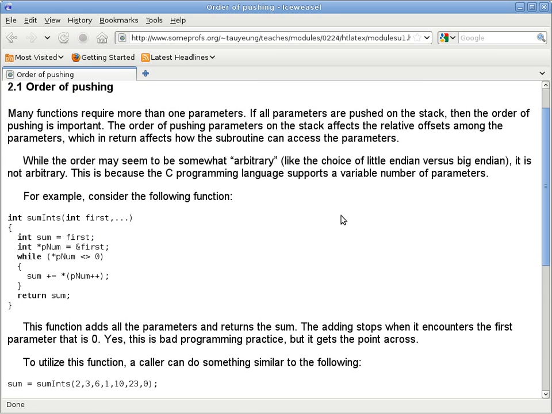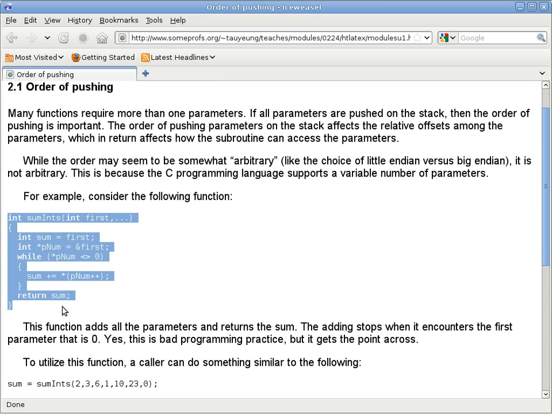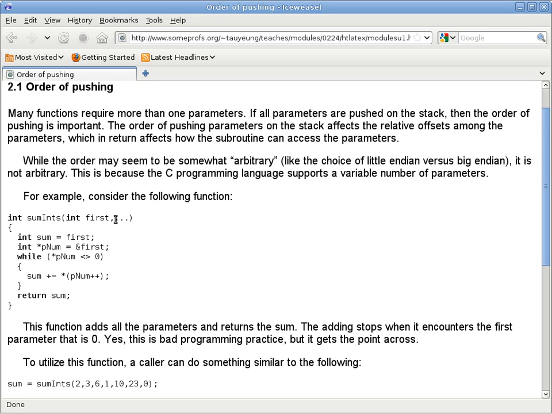And so what we'll do is talk about how to push arguments on the stack so you can pass arguments to a subroutine. The first thing I want to do is to show you this code here. Sum of integers. It's just going to add up a whole bunch of integers and then return the sum of all those integers. Has anyone seen code like this before, or is this new to most of you? New? This is C code. This is regular C code, which you can also do in C++. There's nothing really important here except for the